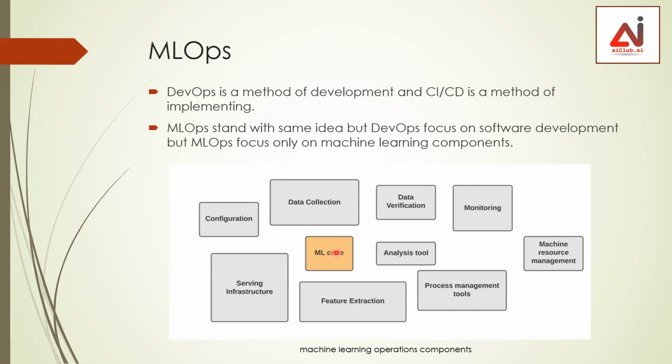As you can see, the components of the MLOps structure are listed here: the ML code itself, the analysis tool, data validation, data collection, configuration, serving infrastructure, feature extraction, process management, machine resource management, and monitoring tool. These are the major components implemented in the MLOps development environment. And SageMaker, as I said, is an all-in-one tool that enables us to implement all these components